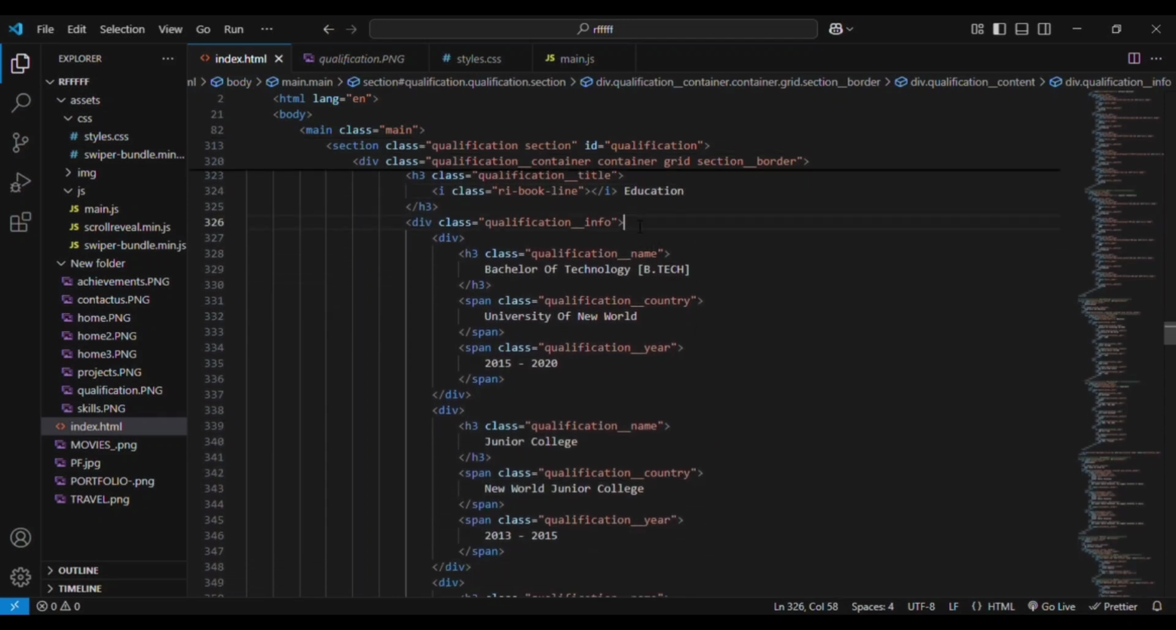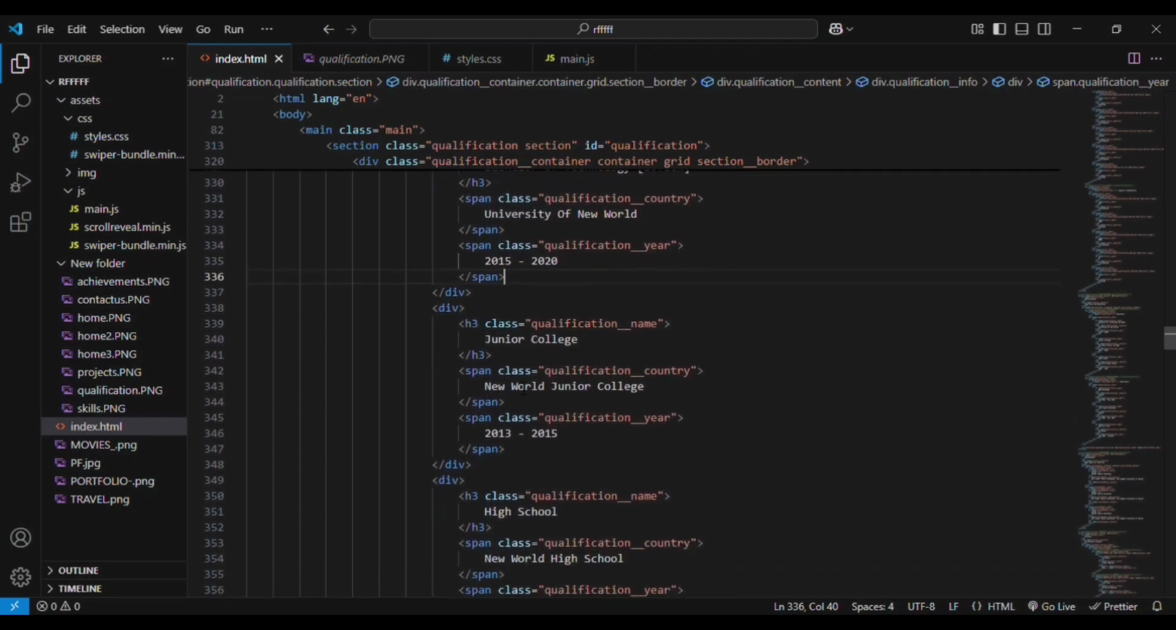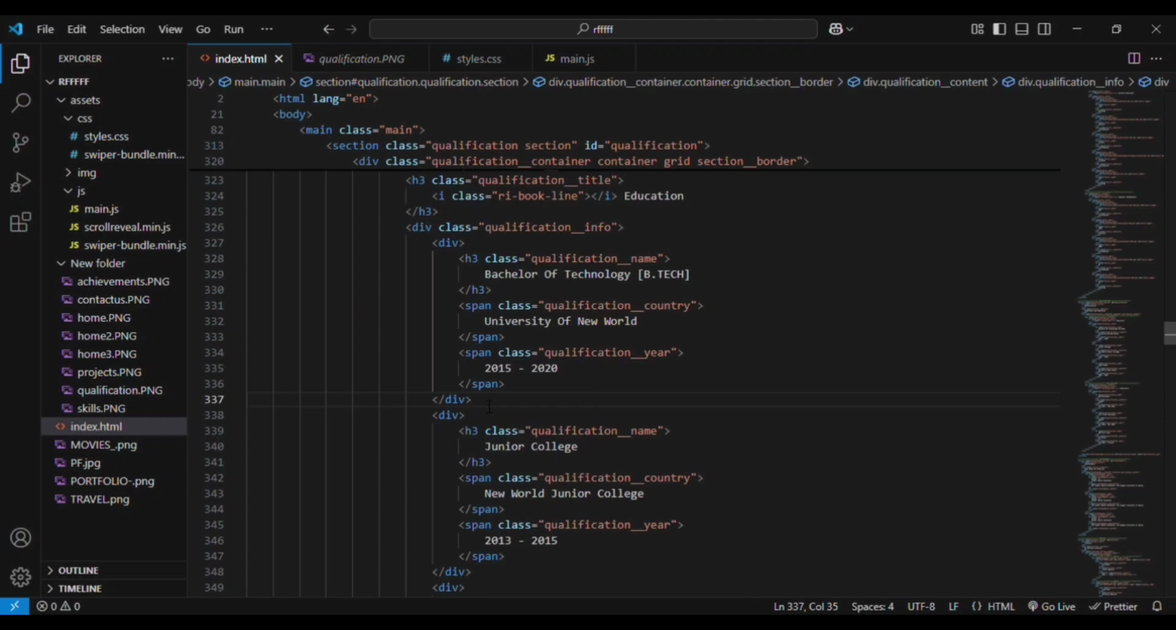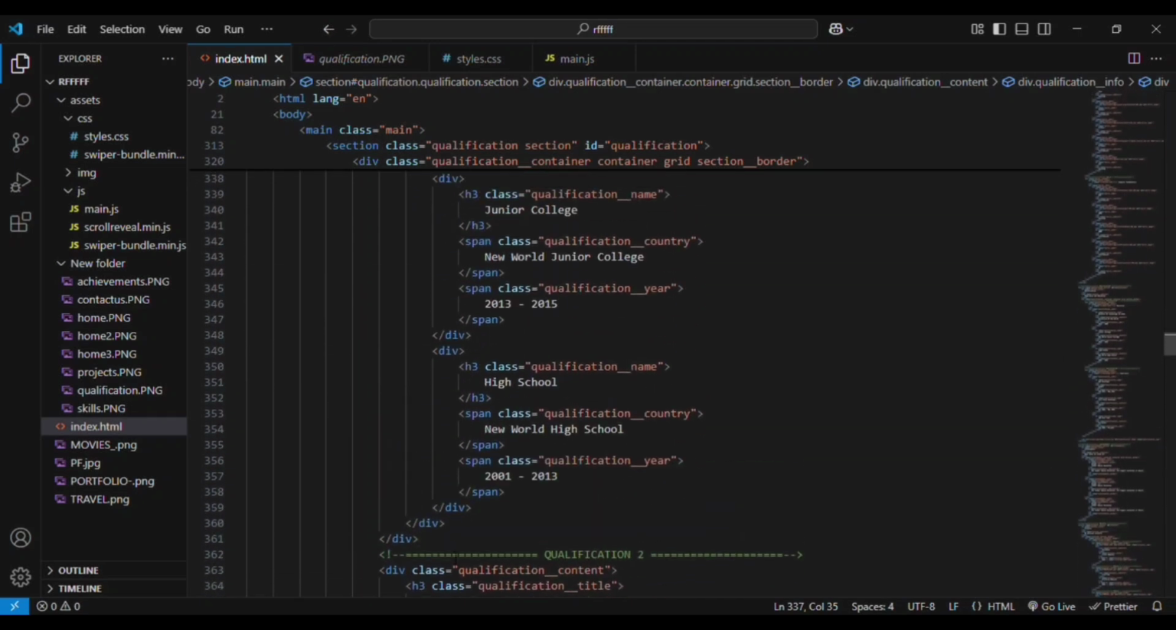Inside that we have a div with an H3 element for the qualification name, such as BTech in computer technology. Then we have the span elements, one for the qualification country, and one for the qualification year. Then the same div element is copied again. You can see this div is copied again 2 more times, and this entire qualification